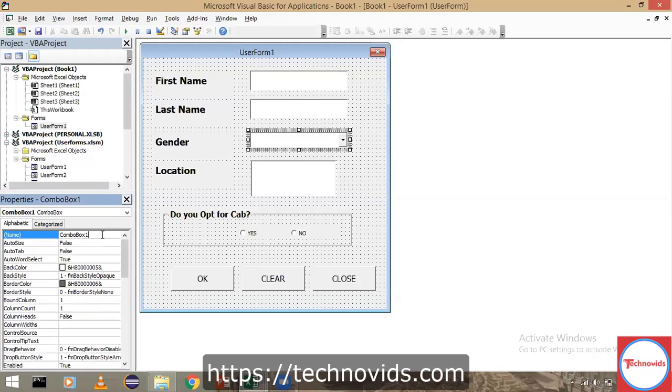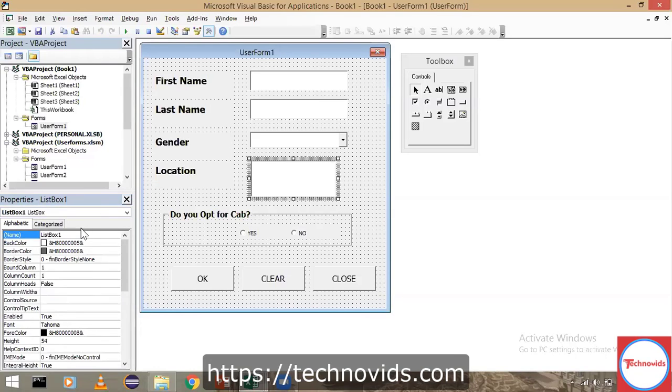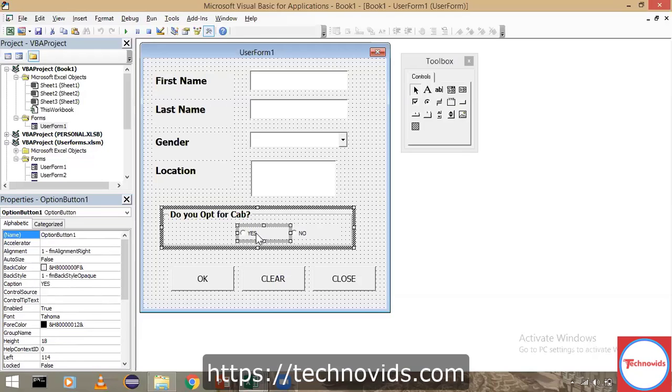Now the combo box. This is a combo box, right? So CB refers to combo box, and it is for gender. So I say cbGender. Then this is for location, and this is a list box, so I would take LB and location. Generally, it's preferable to name it. If you are working in real time, you would see all the fields are given appropriate names, such that it's easy to remember, instead of text box 1, text box 2, option button 1, option button 2.